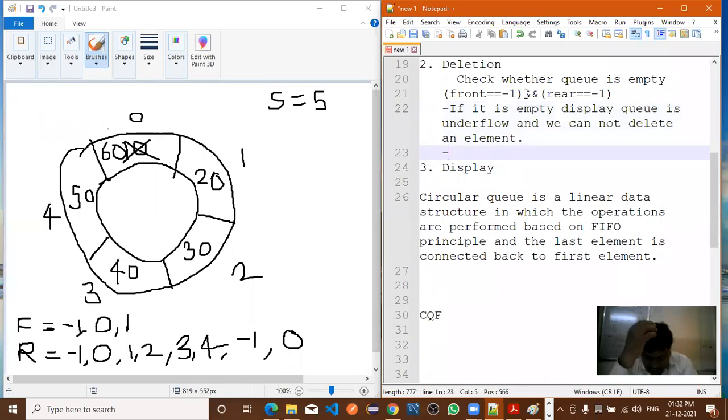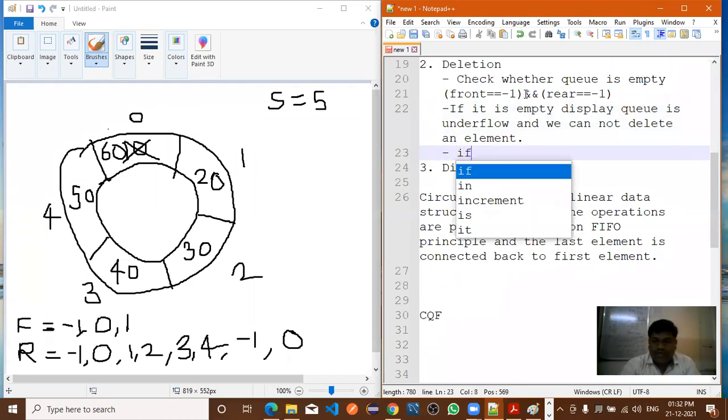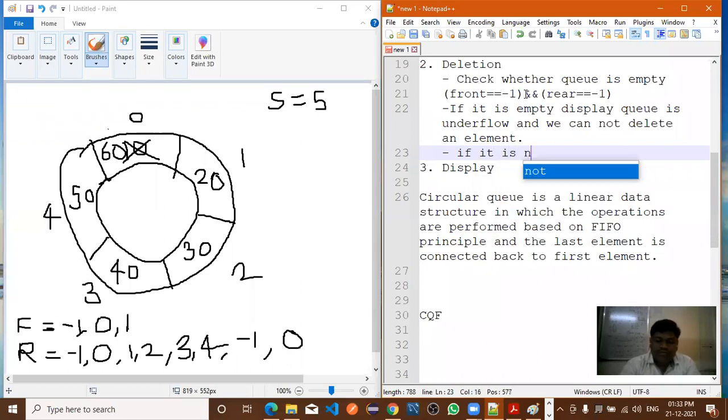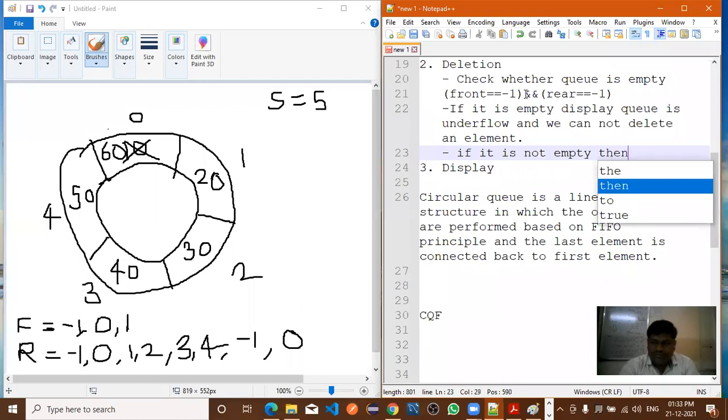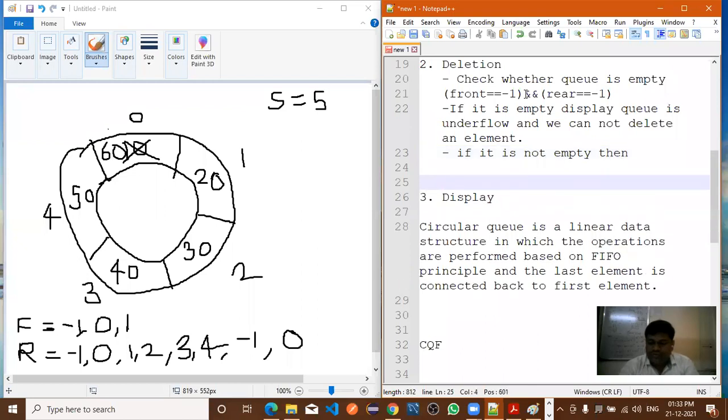Now next step. If it is not empty, then what do you do? How do you delete the element? Which element are you deleting? The first in element, right?